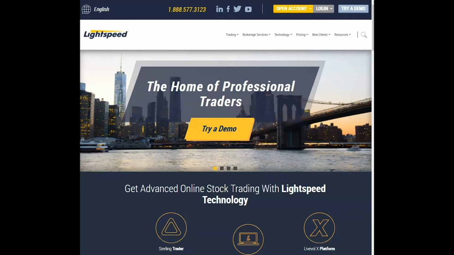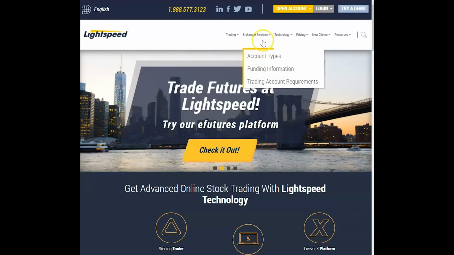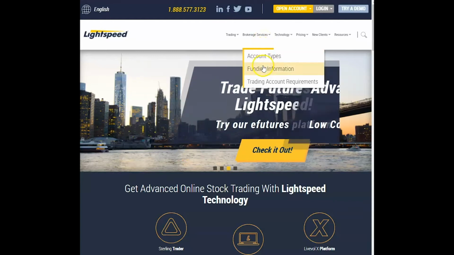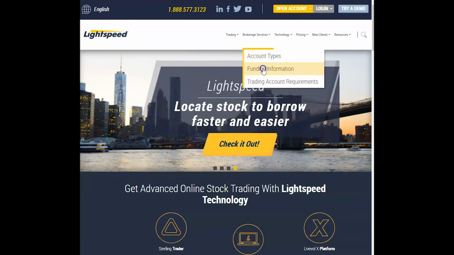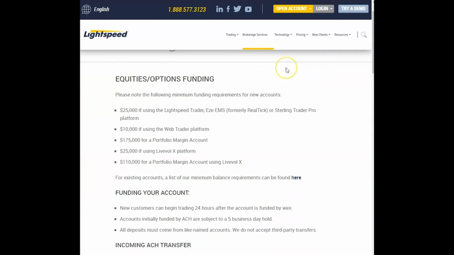To find your way to this page, you can mouse over the Brokerage Services tab on the top of our website. Click on the Funding Information option from the drop-down menu that appears. This will bring you to our funding information page. Now that we're all on the same page, it is important to note that if you'd like to open a